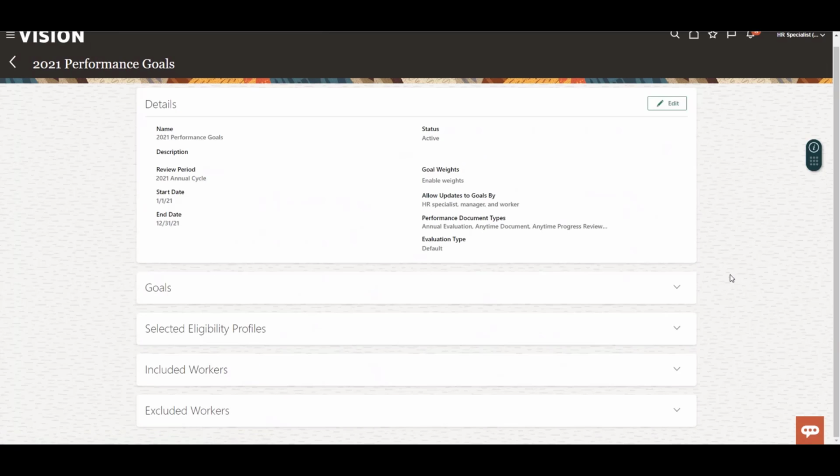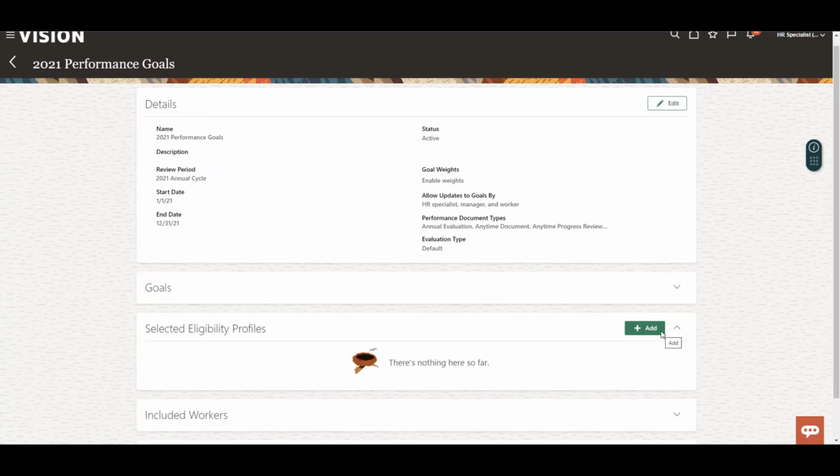The next section is going to be the selected eligibility profiles section. This is actually my favorite section. And the reason why I like this so much is because this allows you to tell who, if this runs right now, will get assigned to this goal plan. And I like to make sure my eligibility profiles are pulling in the right people. So if I click on add,